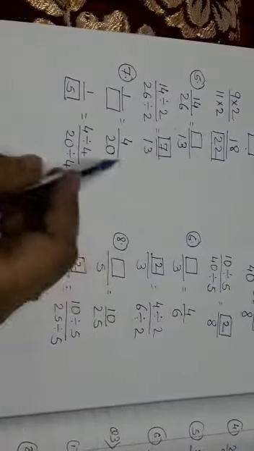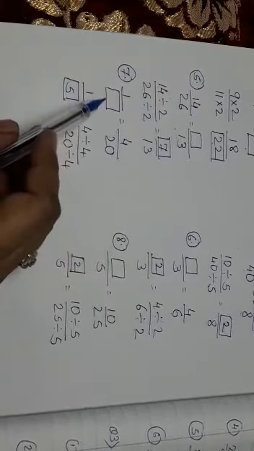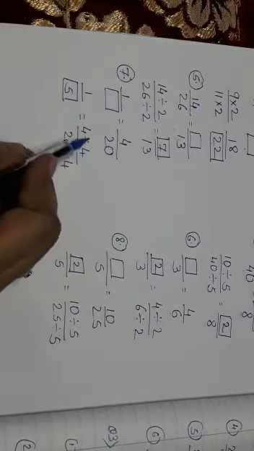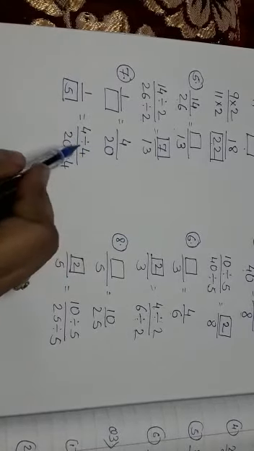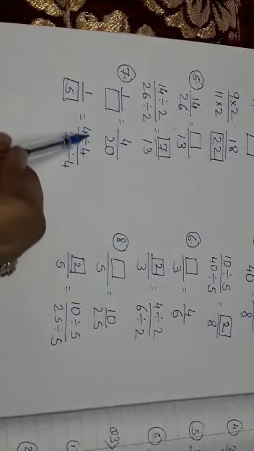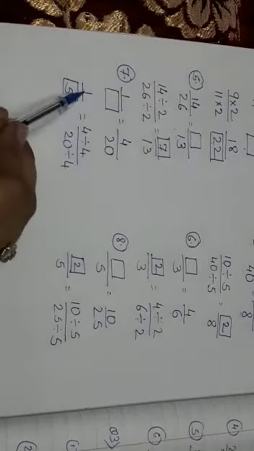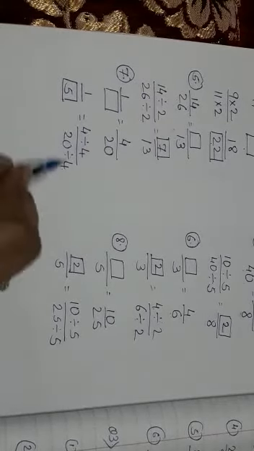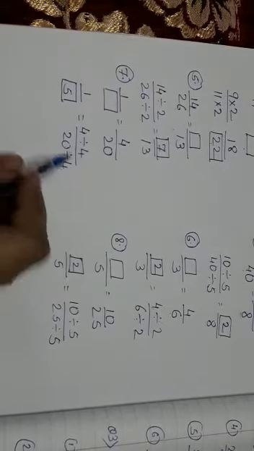Same way the seventh one. Again here the first fraction is incomplete and the other fraction is 4 upon 20, they have given. Now again you will divide, like 4 divided by 4, that will give you 1. Same here, divided by 4, 4 5s are 20, like this.